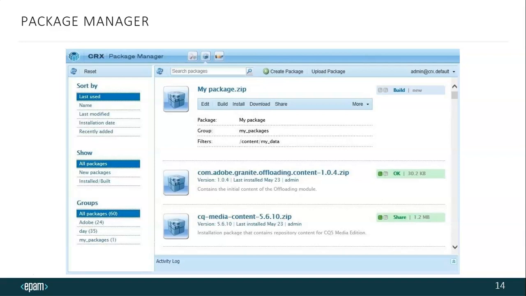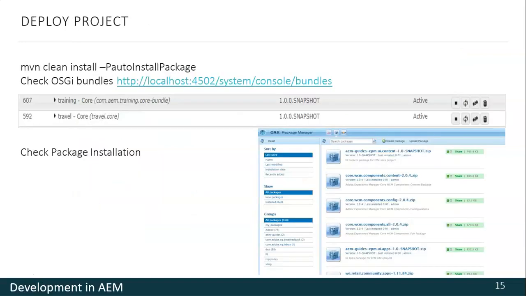Additional content properties can be included in the package, such as descriptions or thumbnail. These properties are for the content package consumer and for information purposes only. After running the Maven command, clean install with Maven profile, after install the package enabled, you will be able to see the number of packages which Maven has built for you. They will be installed automatically.